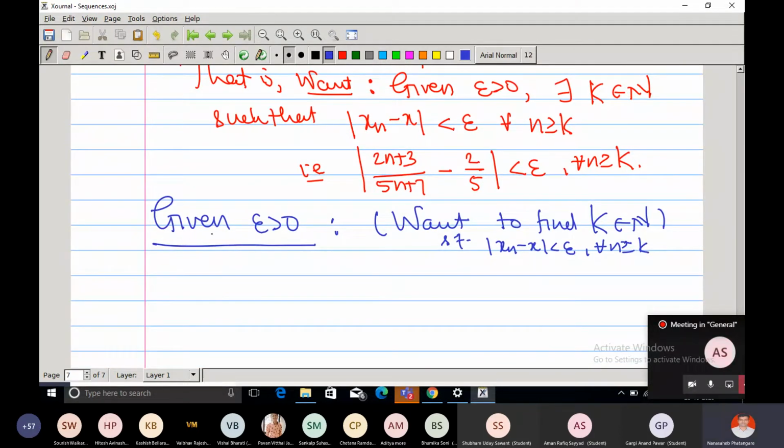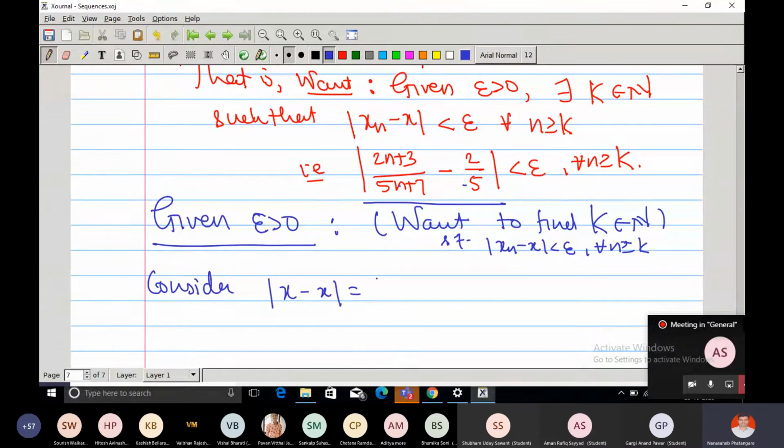Right, so epsilon is known. Remember that epsilon is a known quantity, and for this epsilon we want to produce k. So what type of k do we want? k should satisfy this condition: the distance of this thing from this is less than epsilon. Such a k we want, right? So therefore consider